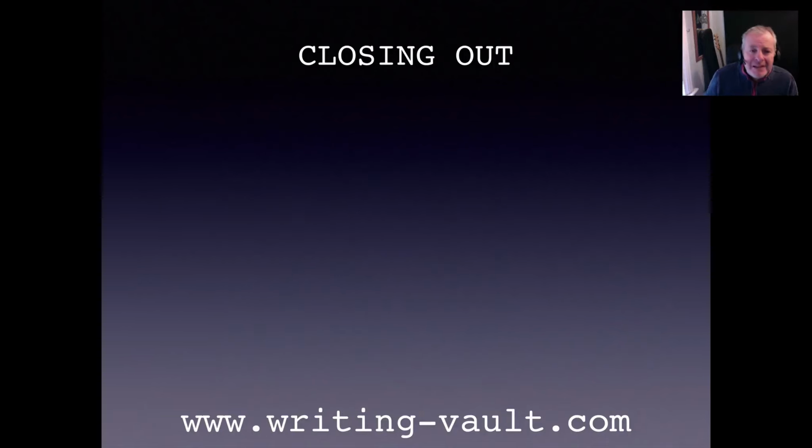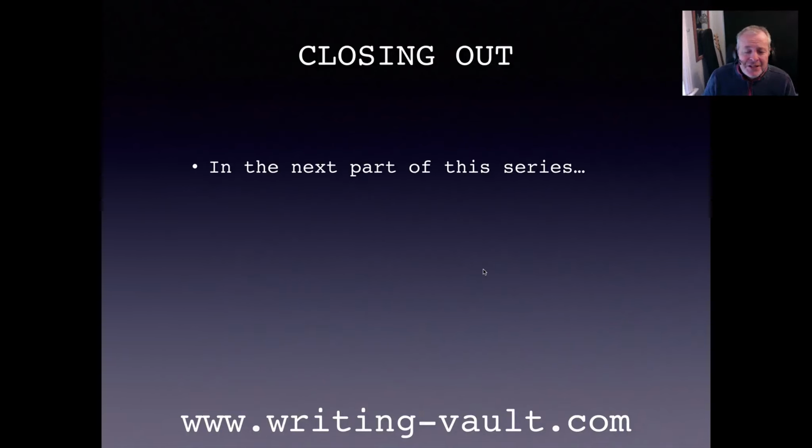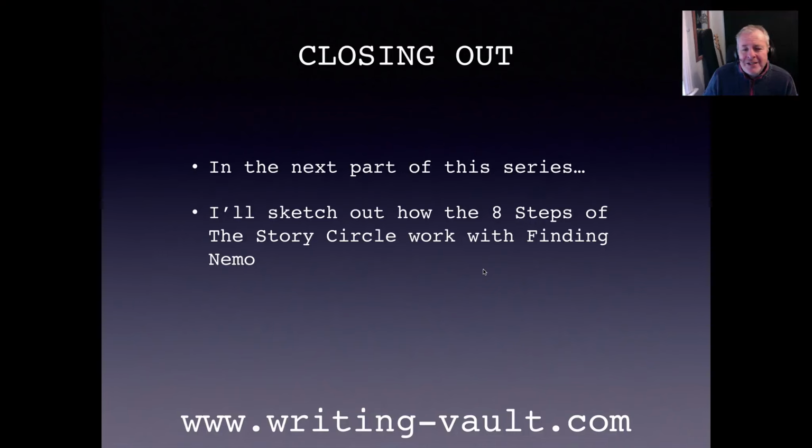So closing out, in the next part of this series, I'm going to sketch out how the 8 steps of the story circle work with Finding Nemo. And you might think, well, that's a really big change from Gladiator, and in some ways it is, but Finding Nemo's got a really cool structure, because there are 2 characters who have their own story circles. There's Nemo, who is the son, and then there's Marlin, who is the protective father, and they're separated quite early on,